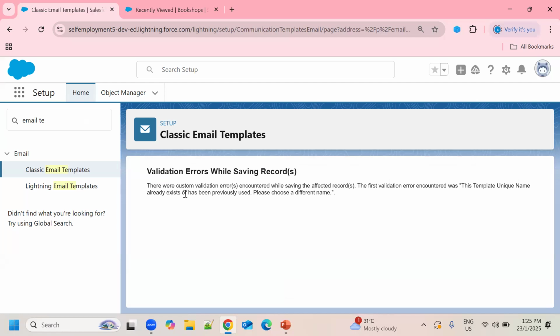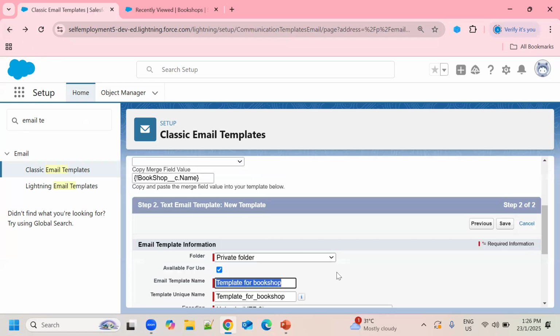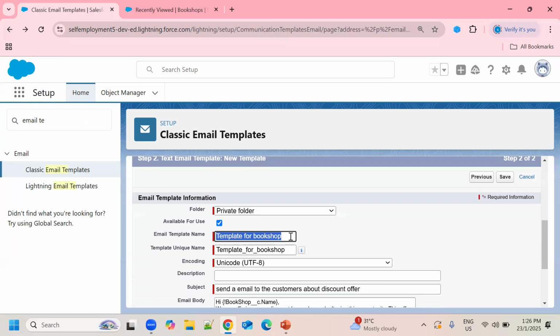Saving a record, the customer validation error. What happened? Already exists. Okay, so bookshop object, it is already available.